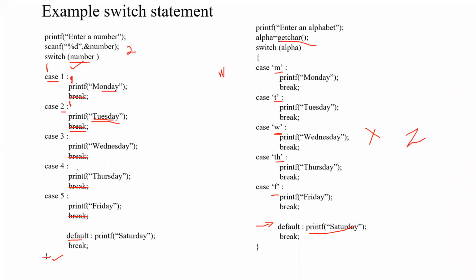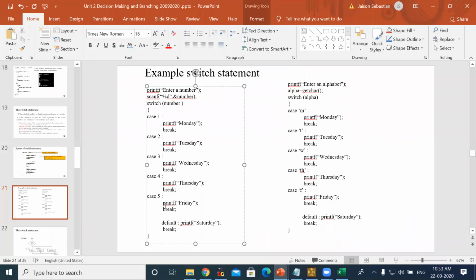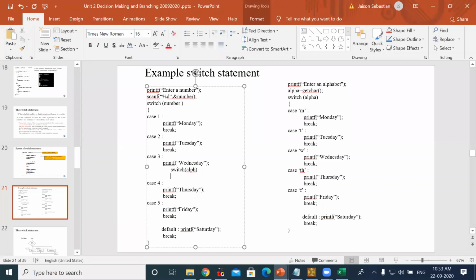Inside one case label, suppose it is Thursday, and you want to have some other condition to be satisfied, so you can have another switch, and then here you can give another condition number, and here if it is Wednesday, I need something else to be done. So I can start another switch case over here. Understood? So this is known as what? This is known as